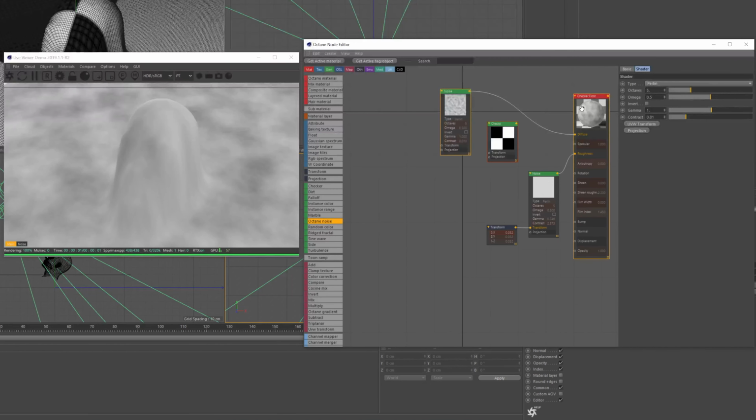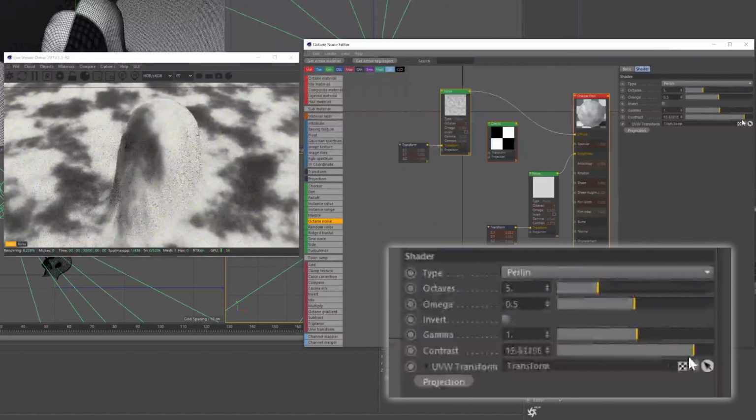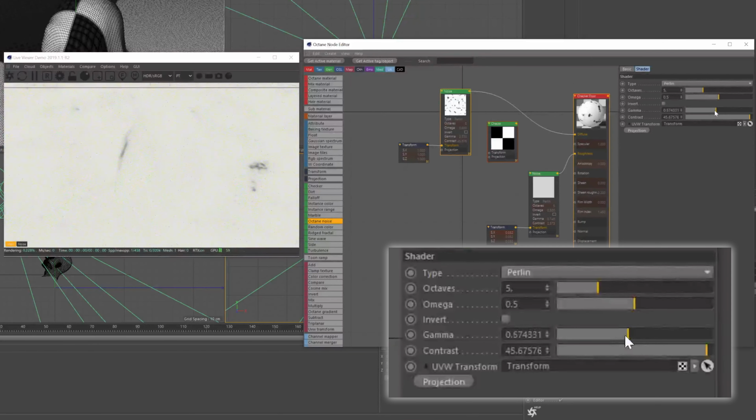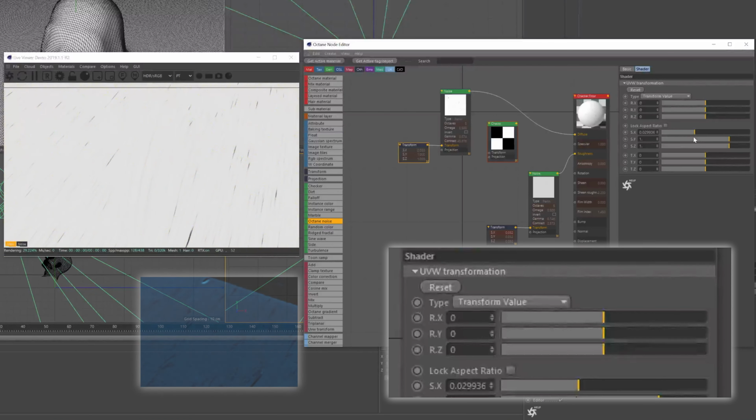Then, with that selected, we're going to click on UVW transform. We're going to increase the contrast all the way up there. Let's decrease the gamma to something like that. Then click on the transform node. Let's untick lock aspect ratio. Let's scale it down on the x-axis all the way down, and that's going to create these little flecks that you see in the source material,